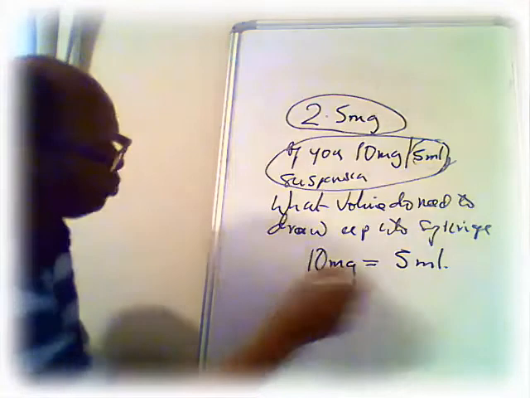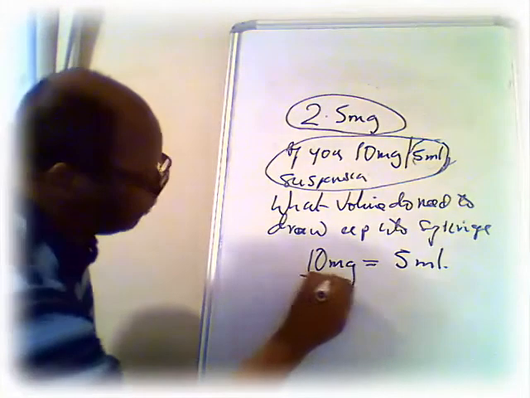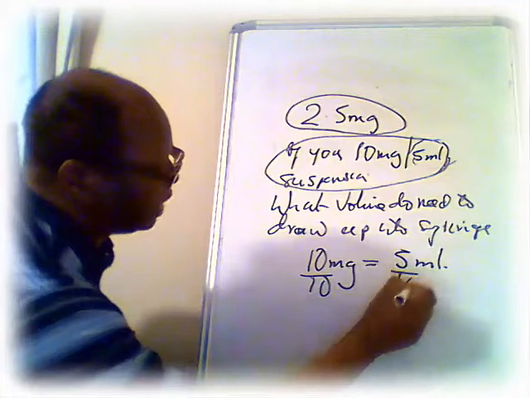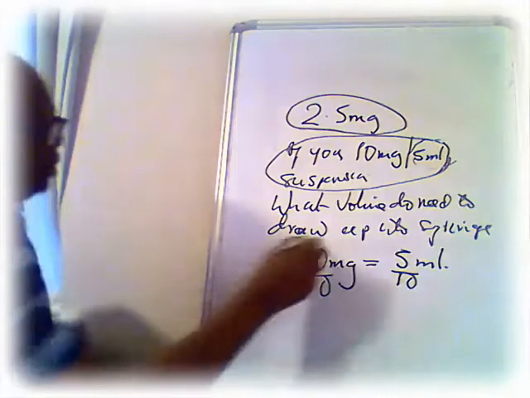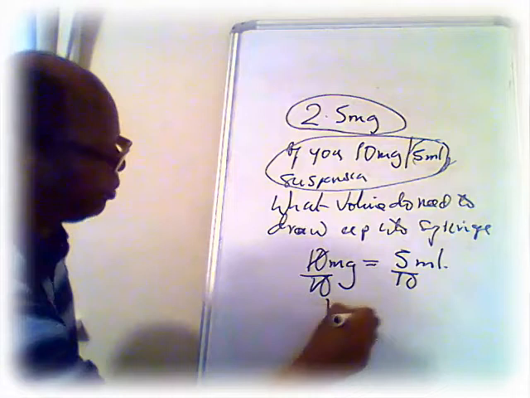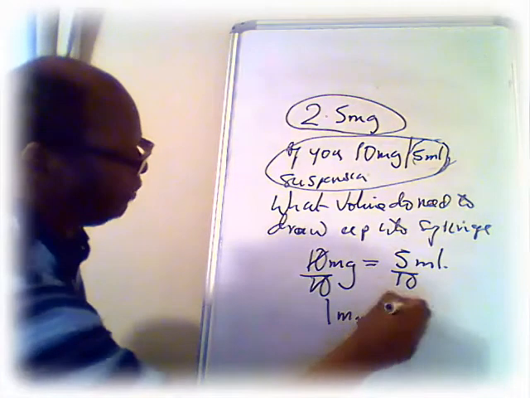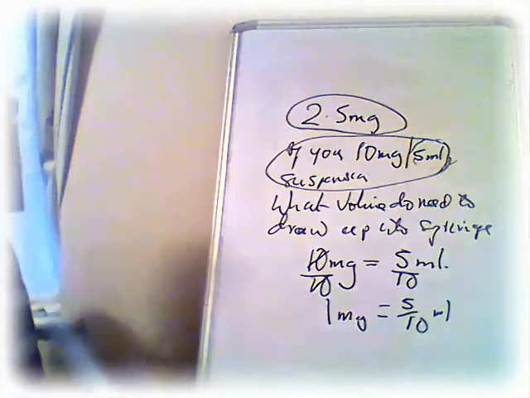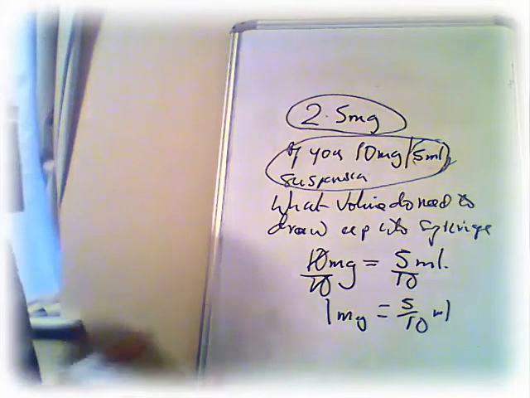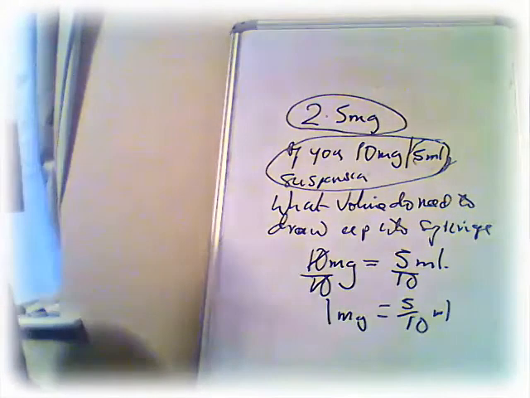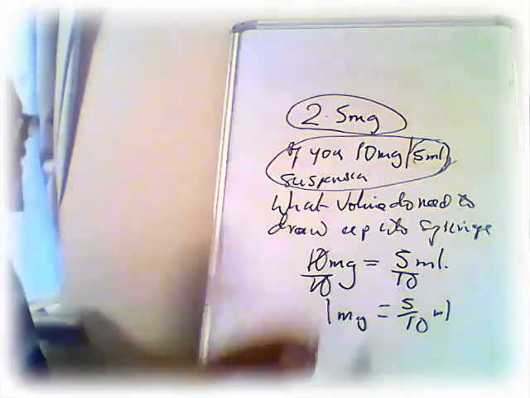To get 1 milligram, I need to divide this side by 10, and I need to do the same here by 10. So this cancels, which means I have 1 milligram, which means it's 5 over 10 mils. So for every 1 milligram, the amount I get is 5 over 10. But I have 2.5, which means I need